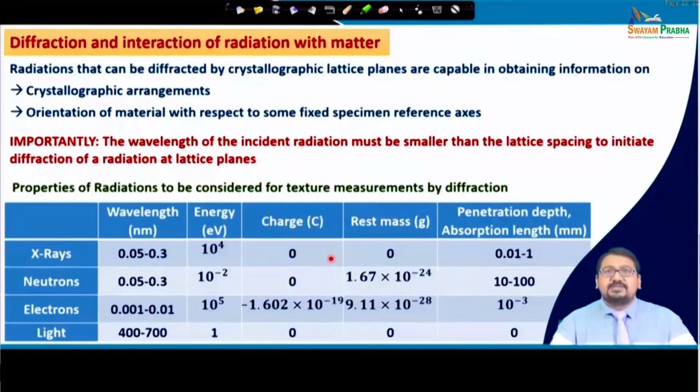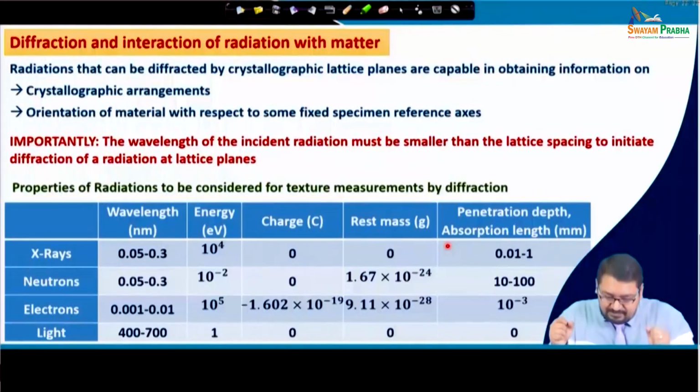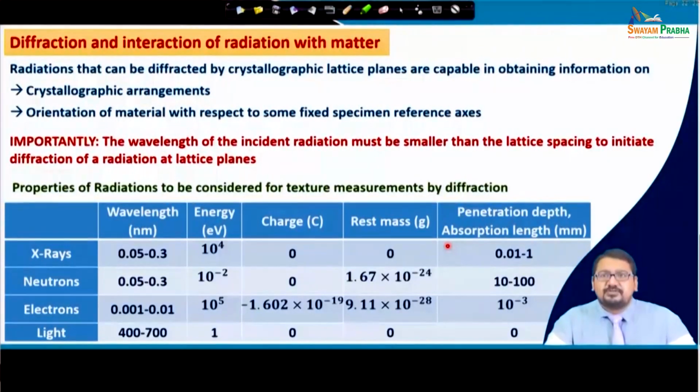It has no charge, no rest mass, and it has a penetration depth or absorption length of 0.01 to 1 millimeter. Now, why have I written 1 millimeter? Because I have considered short wavelengths and synchrotron X-ray radiation with a lower wavelength. So, you see that